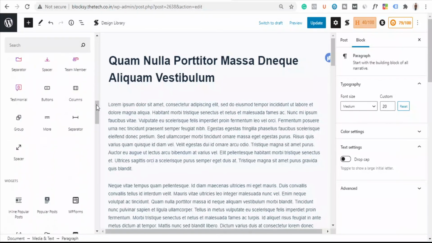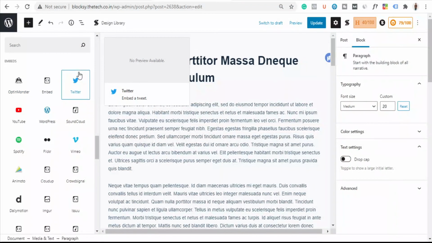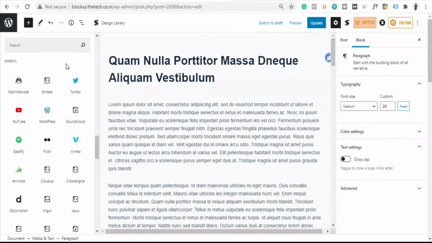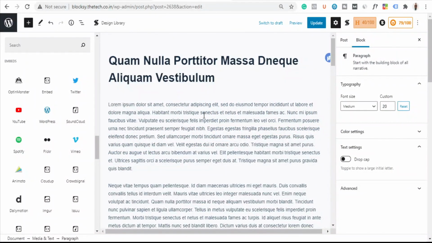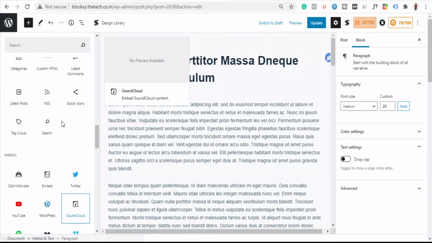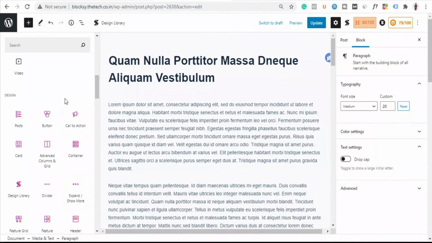Also guys, if I scroll down, you can see we have an embed option here, which means that you can embed your social icons and even YouTube videos as well, so you can try that too. But I'll tell you, instead of focusing on the design and beautifying, you should focus more on the quality and the SEO part, so that your blog article ranks and you can get more traffic. Okay, and with that we are done with the blog part also, and I think everything is covered now.